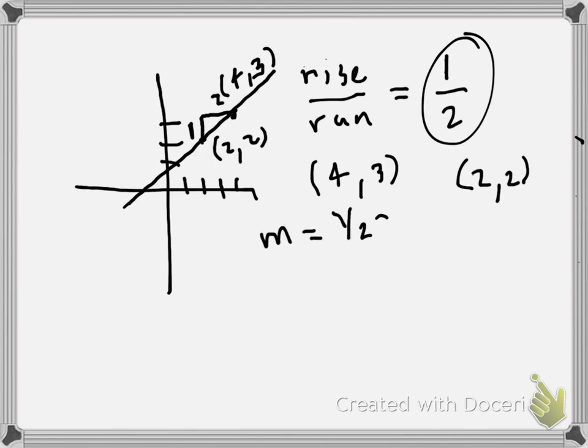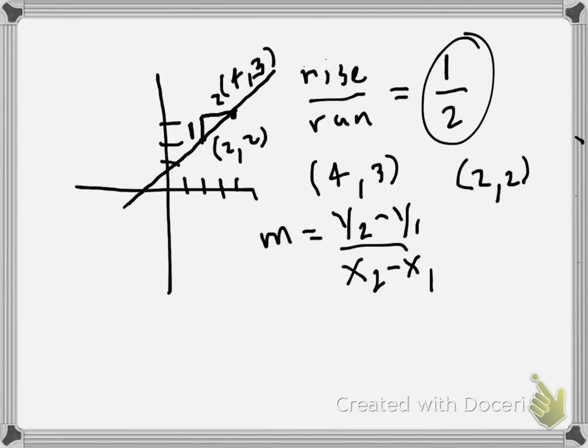Slope is equal to y2 minus y1 over x2 minus x1. Okay, and we can just plug into these variables here with the values from our points to calculate our slope. So now there's a couple of choices for how to approach this problem, but the key is consistency with how